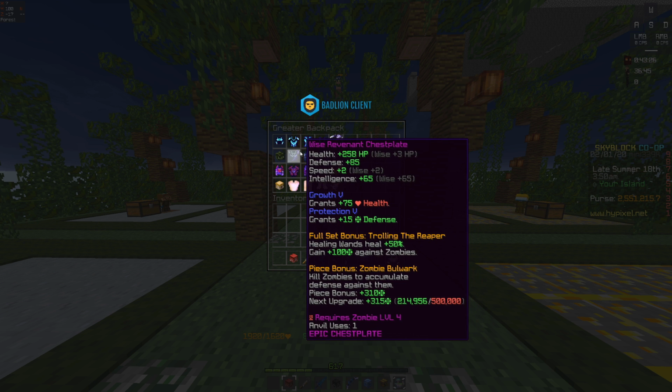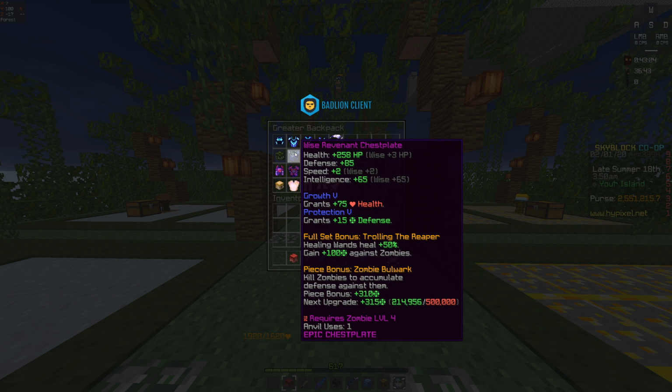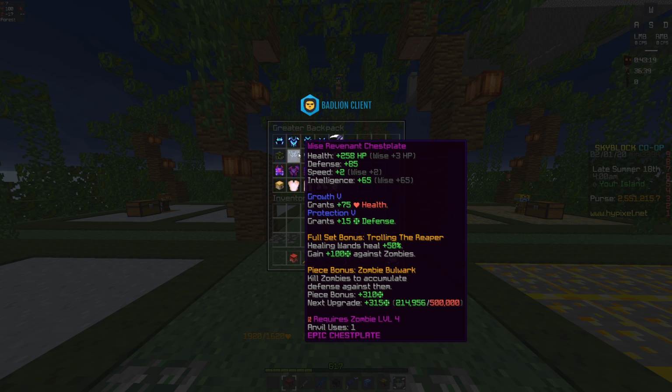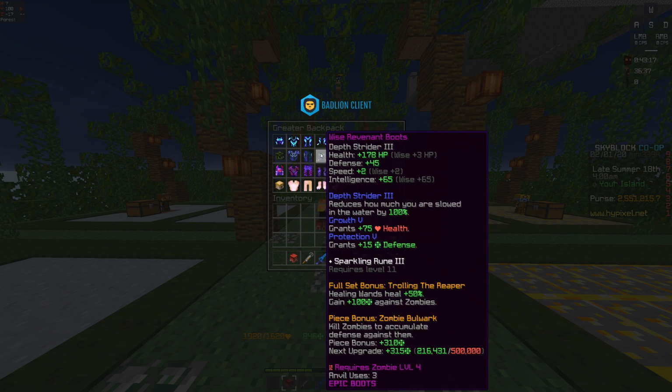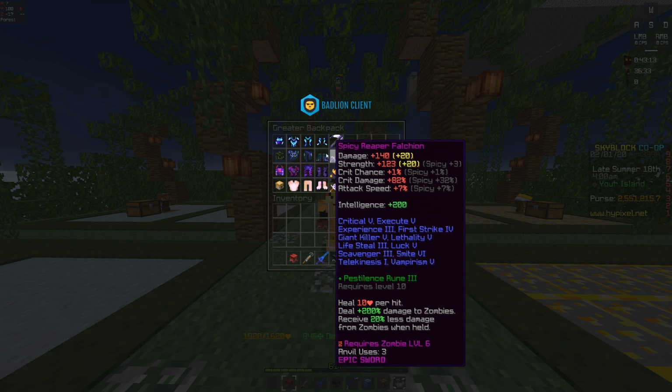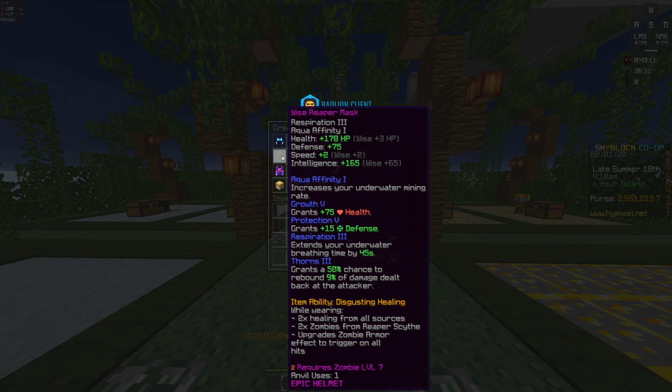This is my Revenant armor. It's at 200,000 kills and it gets 310 bonus defense on it. So I'm getting 930 defense just from these 3 pieces, along with a Reaper mask, which you are going to want to run if you're running any of these kind of builds, just for the double healing that you get,